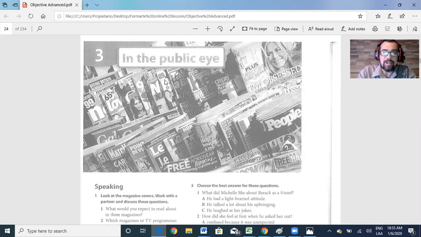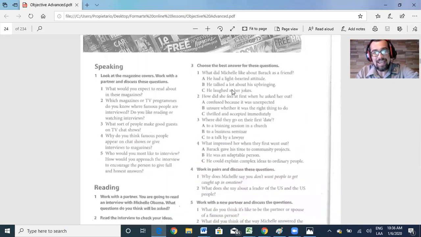Well, today the title of this unit is In the Public Eye. And we're going to see why this text or this unit has this name in a moment. But as always, remember to practice the speaking part. It's very, very important for us to be able to understand the way of answering those questions. Again, in this part, they want you to practice part one of the speaking test.